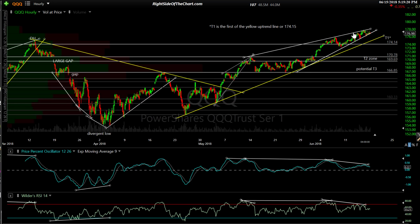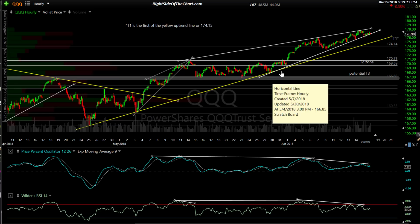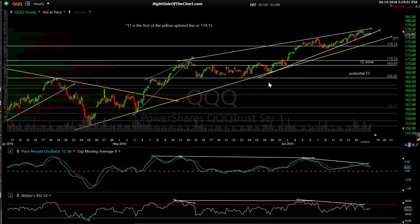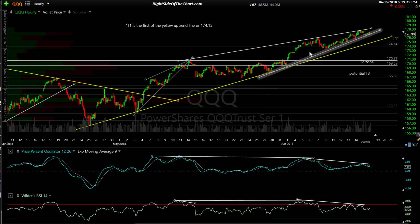This is a smaller wedge, or a rising wedge pattern, I should say, on the QQQ 60 minutes. So if you're a QQQ trader or don't have access to futures, you may want to replicate this trend line. I have that coming off the lows around May 29th, and we're capturing quite a few reactions here, and you may want to lower that trend line just a bit to capture all those